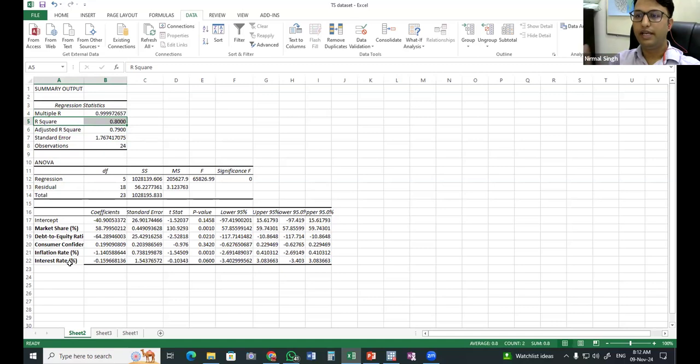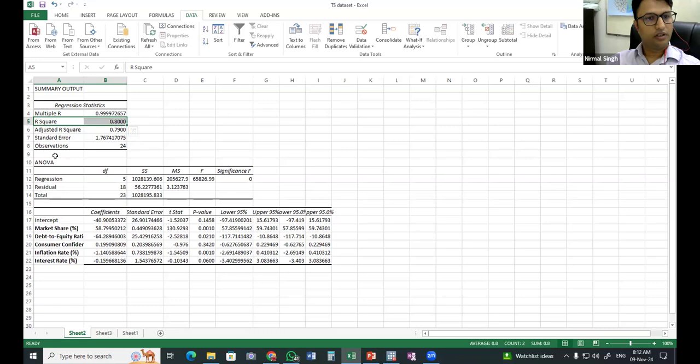These are 5 variables. Here, R square is coming out to be 0.80, meaning 80% of the variation can be explained using these variables.